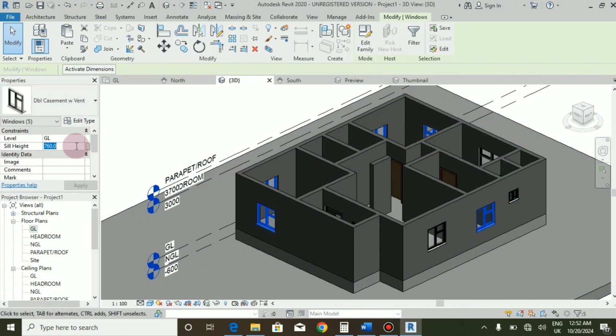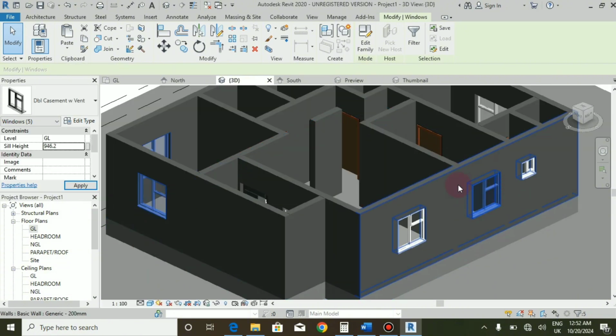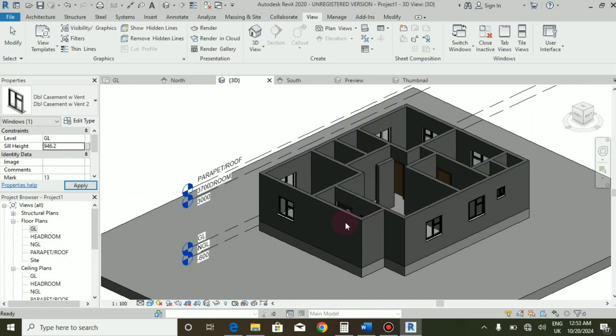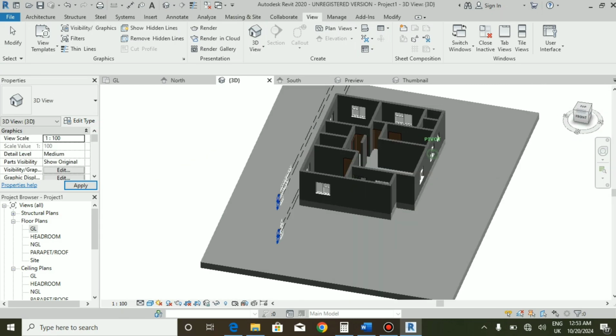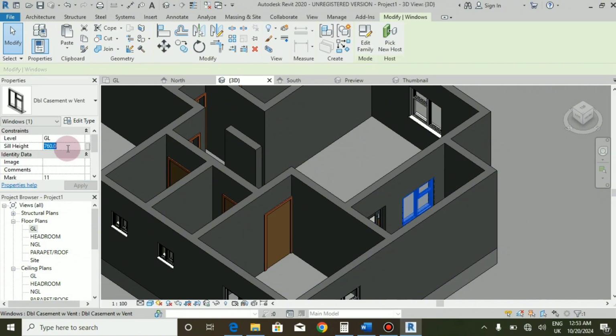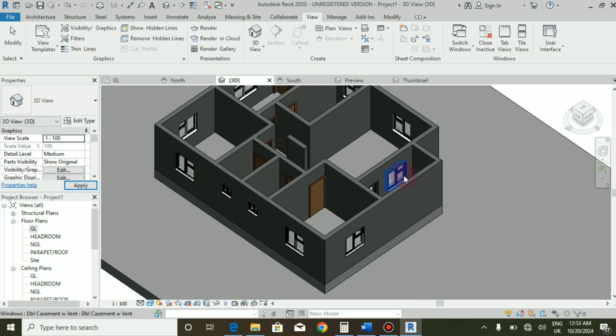So come here and 946.2. Now if you check it, everything will be at the same level. Then here, 946.2 will also be 946.2. Alright, so now we have our window. I think it's getting good as well. Here there's a change in 946.2, so we put it in. Okay. Alright, so now let's check